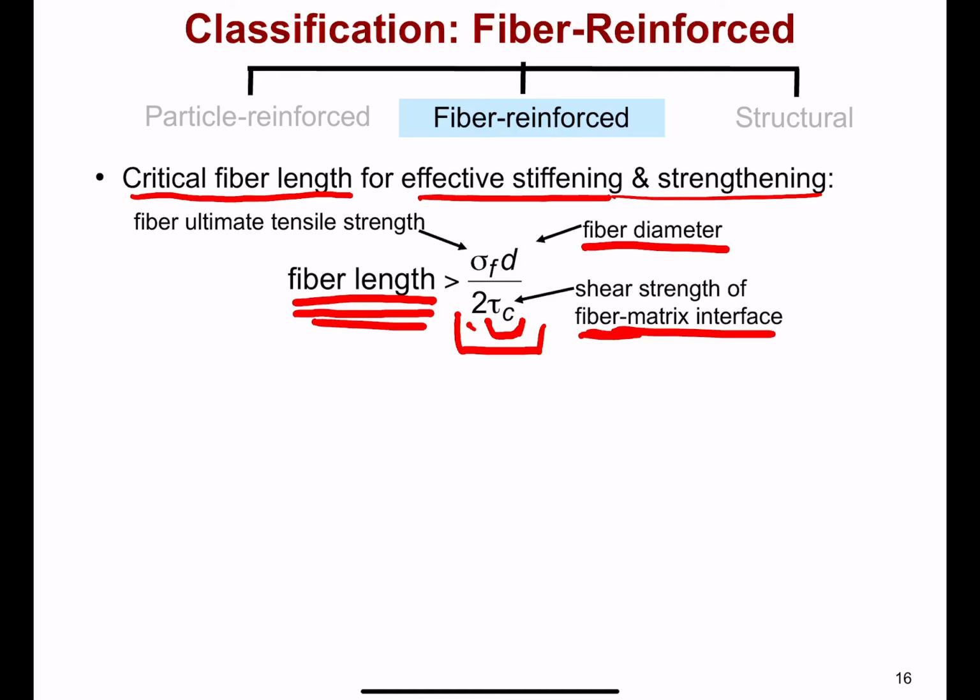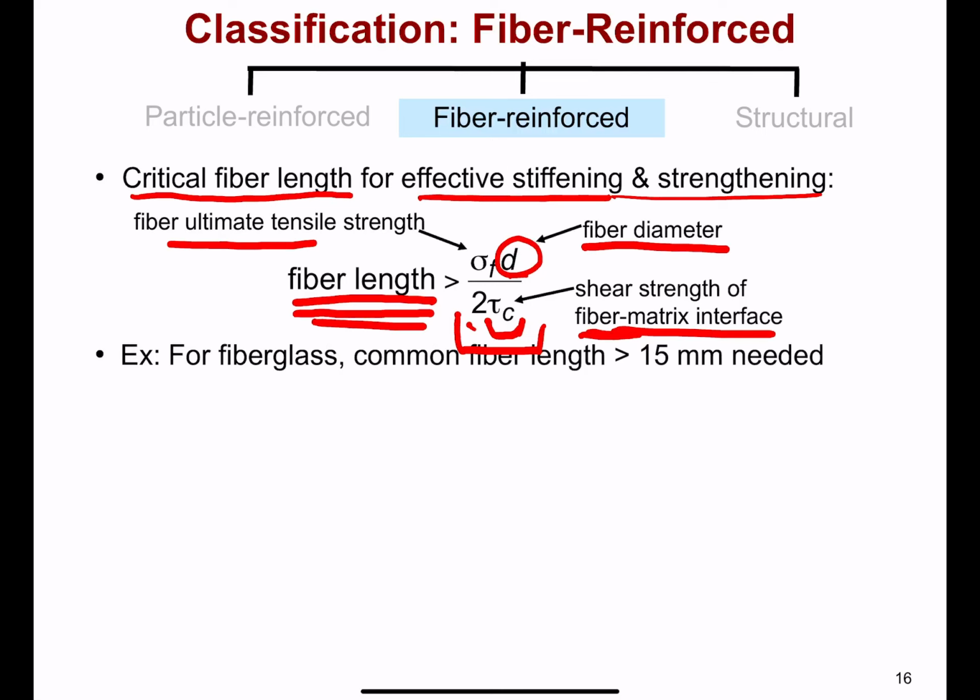Likewise, if you wanted very short fiber length, you might also consider making the diameters very small so that you have high surface area to contact that matrix. Okay, and then ultimately the tensile strength of that fiber is also in the numerator there. So,